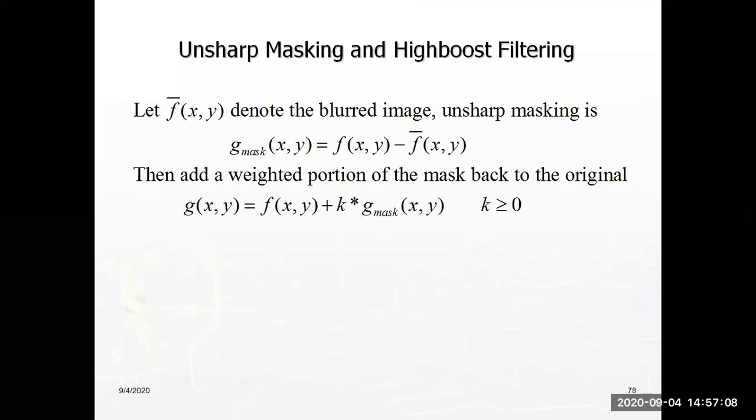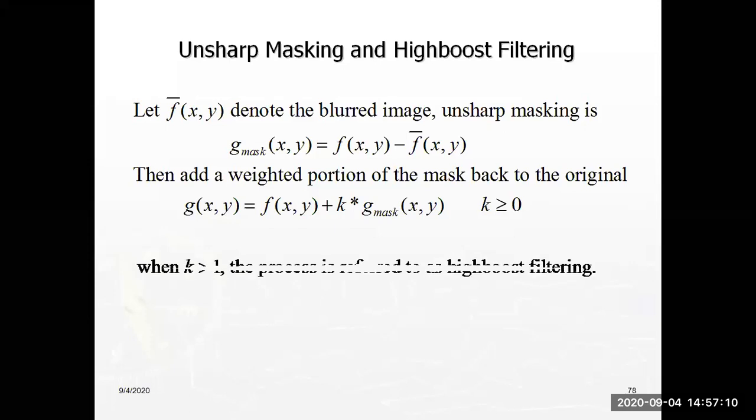Here I am showing the process mathematically. What is the mathematical process? The mathematical relation for unsharp masking is just there is a mask and another mask, the blurred image, the blurred mask.